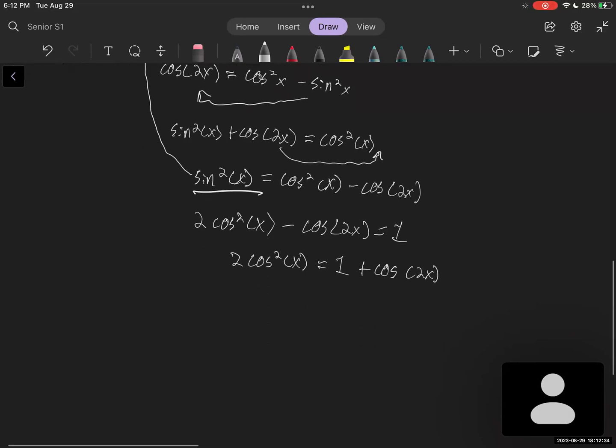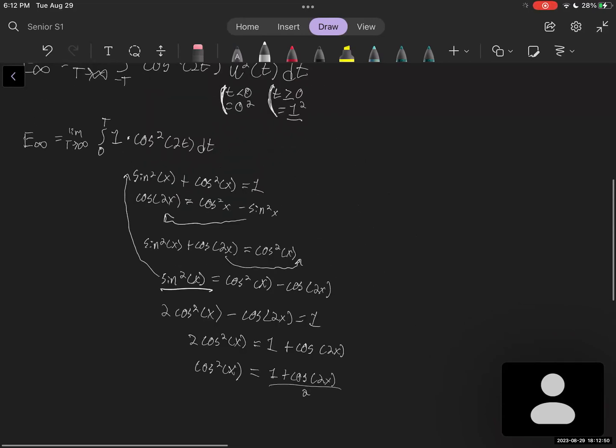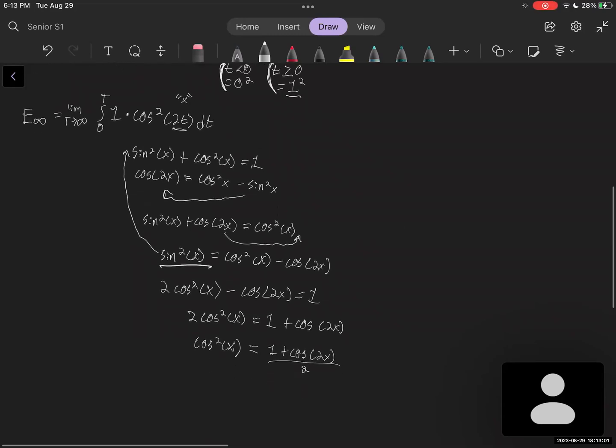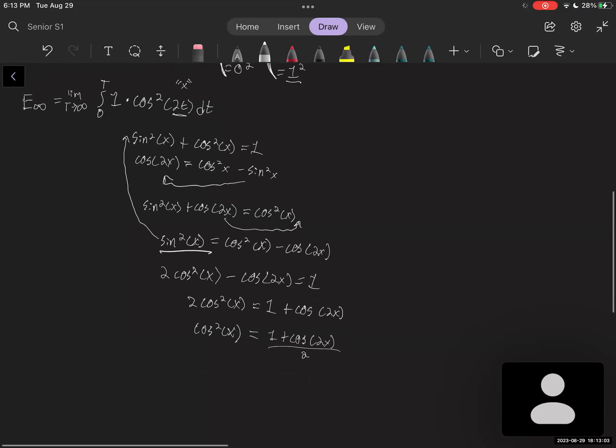And then we're going to divide that 2 over. So now we don't have an x term in our equation, but we can consider this 2t as our quote unquote x term and substitute it into the equation down below. So we're going to rewrite our energy equation